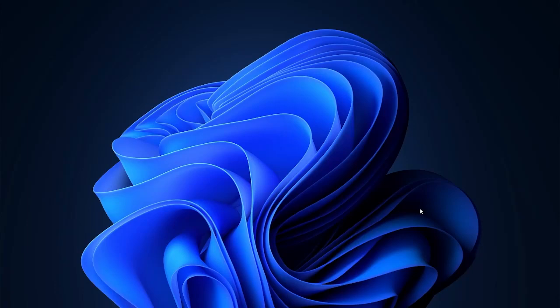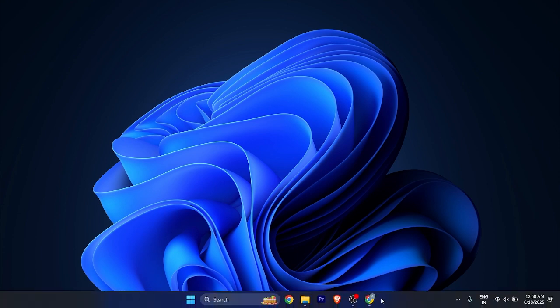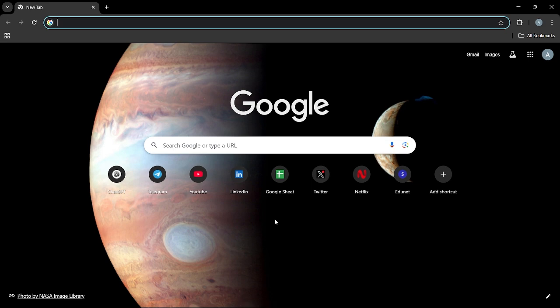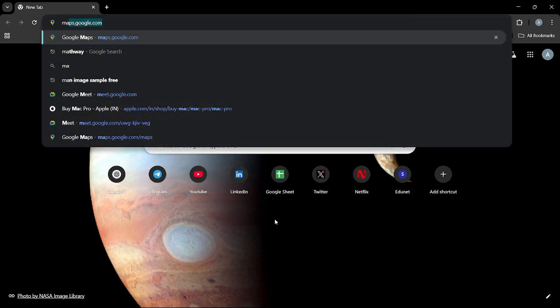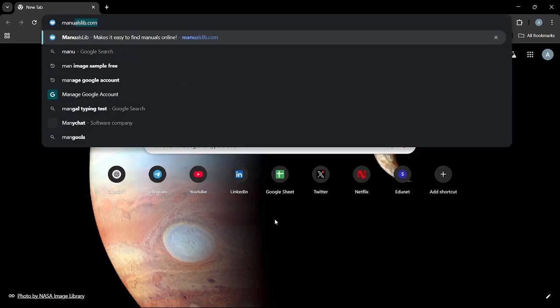In this quick tutorial, I'm going to show you how you can search for any device manual online. Yes, if you received a product and you don't have a manual for it, you can search for any manual online. In order to do it, just simply open any browser, and in the browser, just simply search manual